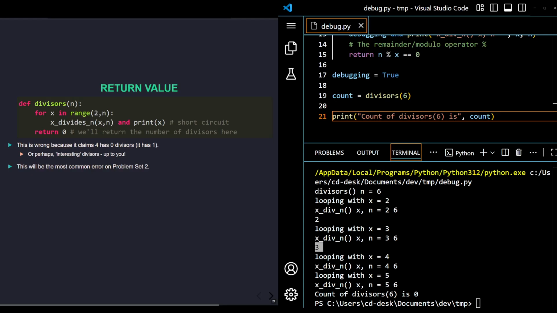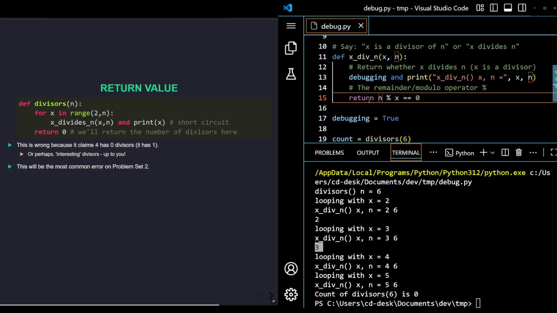I think, and I was right last year, the most common mistake on problem set 2 will be students not including return statements. I don't know how to make the instructions more clear. I do think it is true that keeping clear in our minds as beginning programmers the difference between print and return, it's just weird. It's weird that sometimes things are values, and it's weird that sometimes they show up in the terminal, because the only way we ever look at values is if they're in the terminal, right? The point of this assignment is just kind of think about it. Like, I